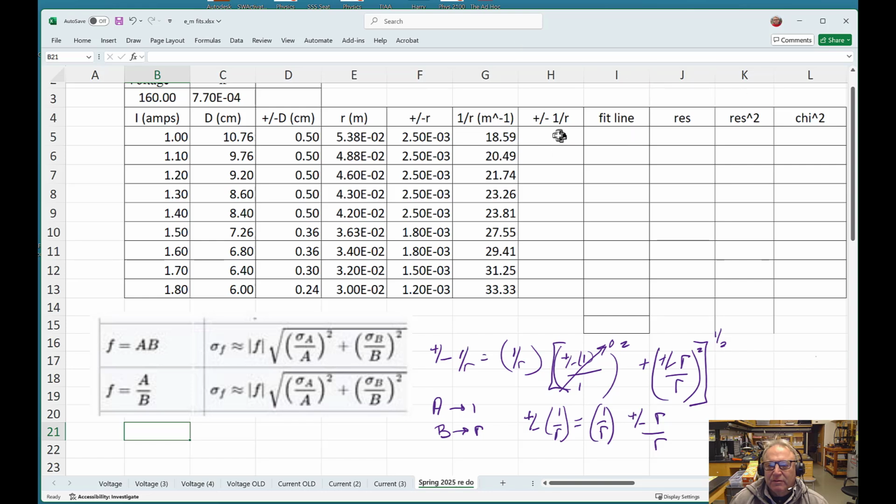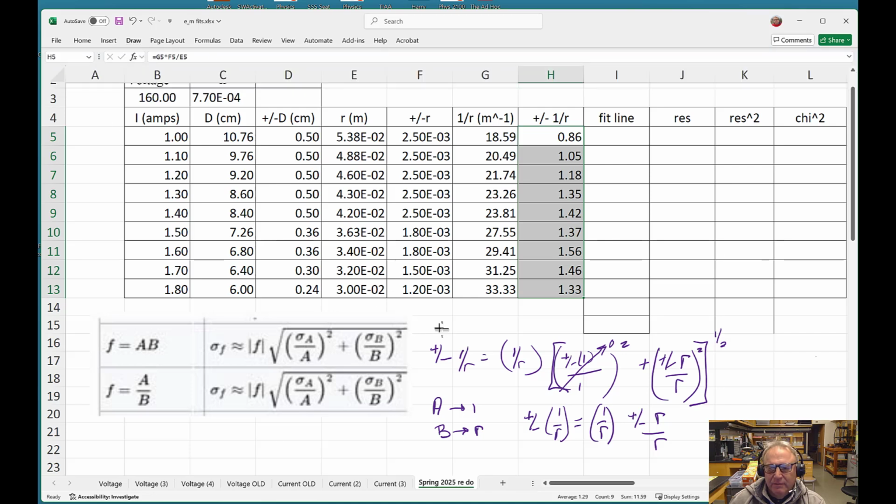So it's pretty straightforward. The temptation here sometimes is to multiply these r's together or cancel them, and that's why I put the parentheses in, to try to say no, you can't do that. Okay, so equals the 1 over r times the plus minus r divided by r. We don't need parentheses, and that's our plus minus down the line. Okay,